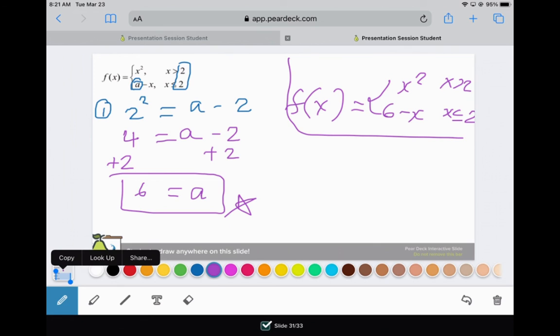All of these functions, we're going to find the a values that are going to make it continuous. We don't know, it may not be continuous, but we want to make sure that it's going to be continuous. So that's why we try to figure out what values would make it continuous. If the a value is 6, the function is continuous. If it's something else, it may not be. So this value guarantees